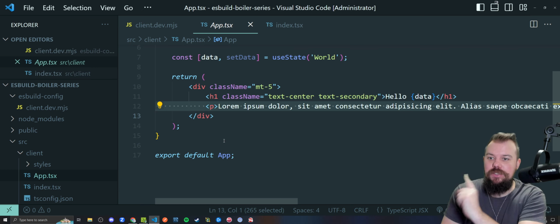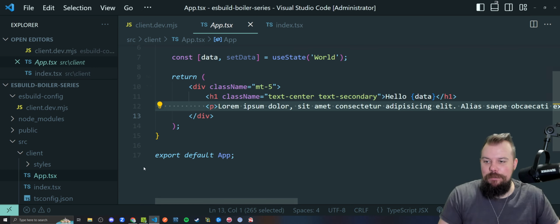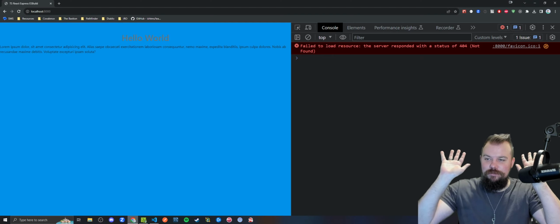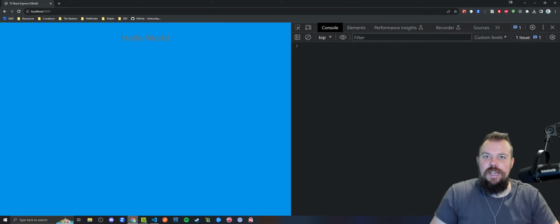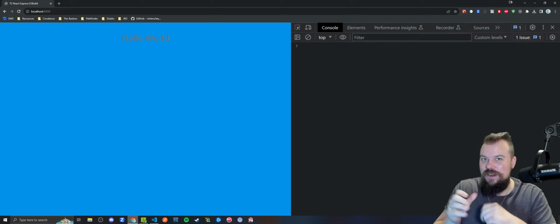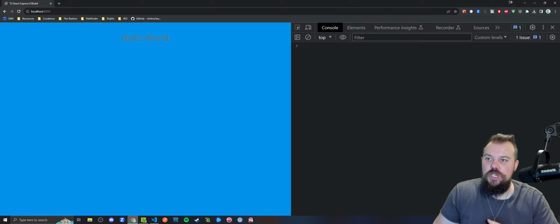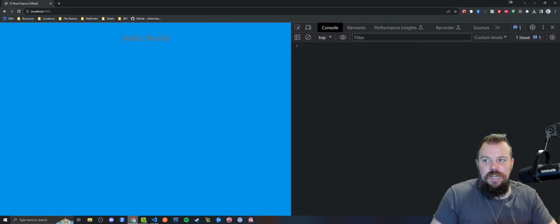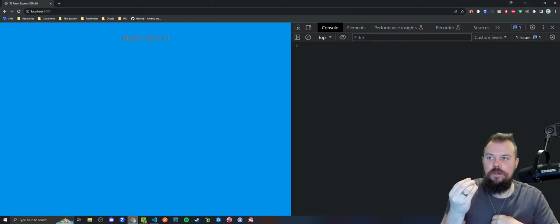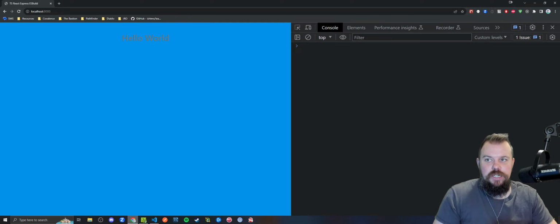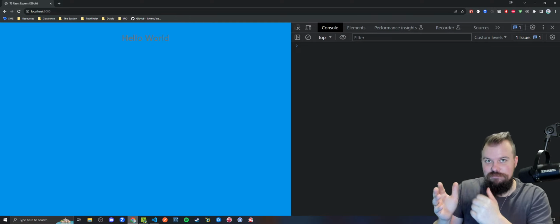I have my autosave on, but I'm going to tab back to my browser as fast as I can so we can see if it works or not. I'm going to keep my hands off the keyboard. So delete, browser, hands off. And there you go. It hot reloaded the browser. So now every time I change something in my React application anywhere at all, it will recompile, rebundle because it's watching for changes. The server will then reserve the new bundle, and that new event we're listening to should refresh